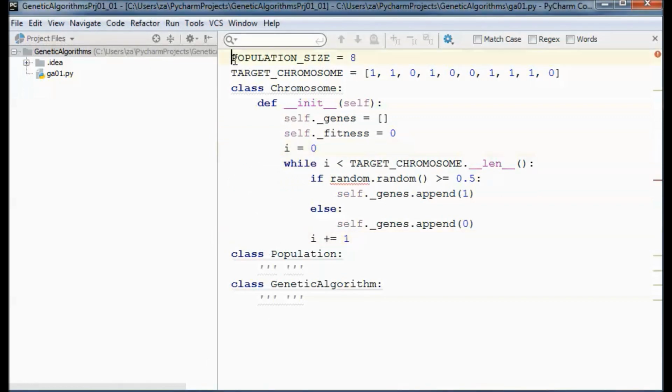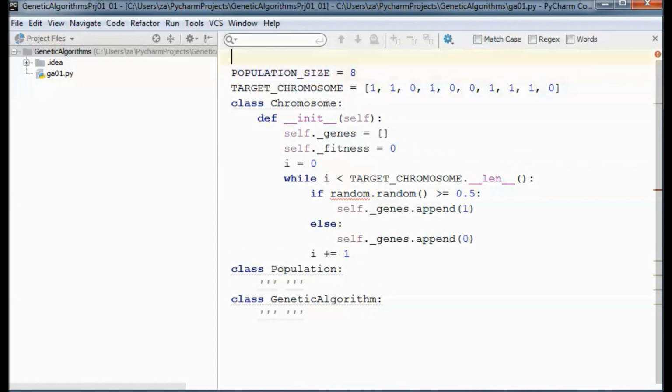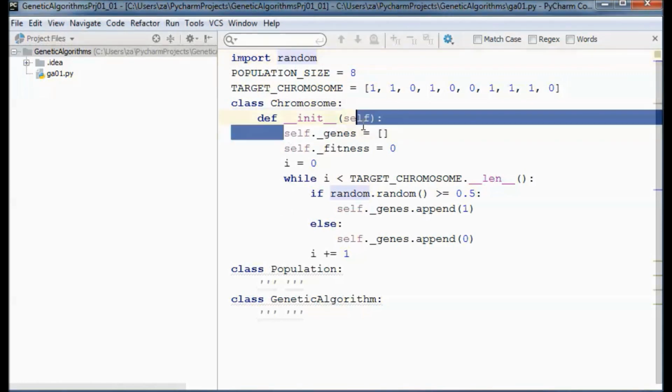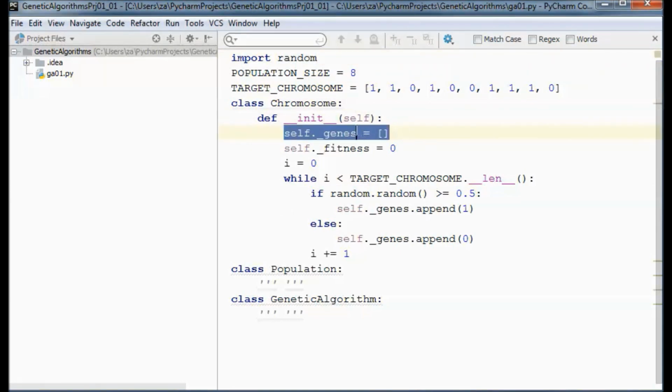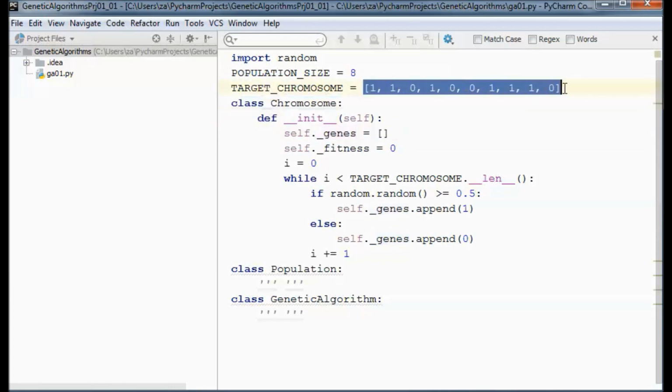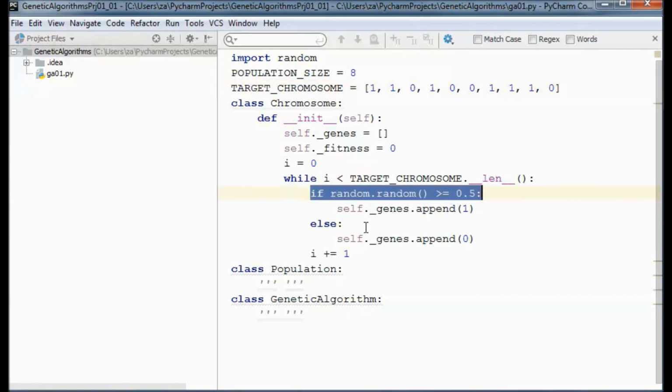So let me do an import of random. So the number of genes in this genes array will be the same as the ones that are in the target chromosomes, and I will randomly populate this array, so either 1 or zeros.